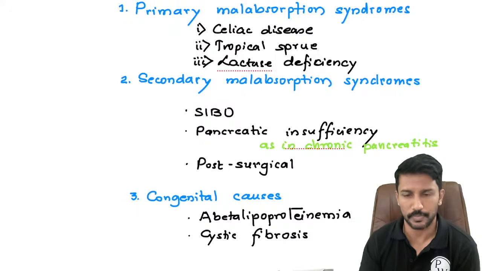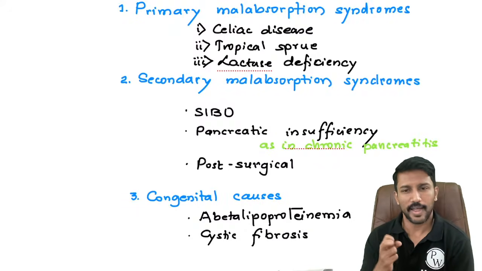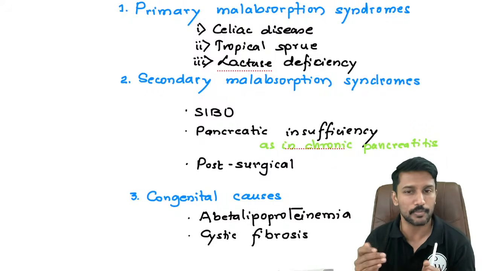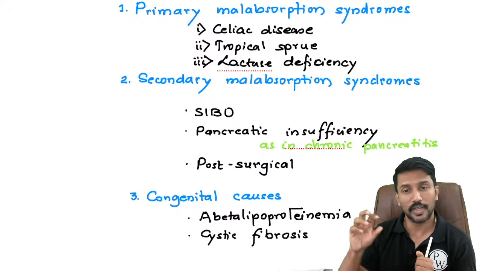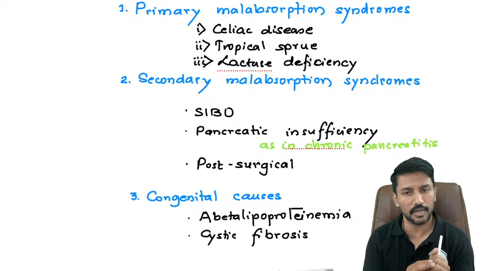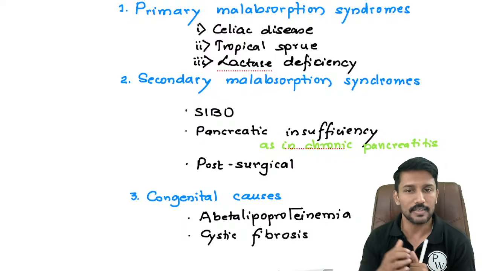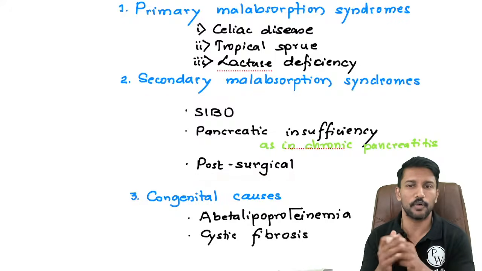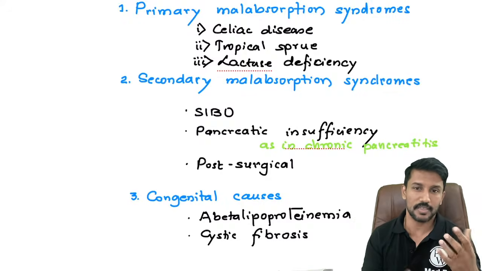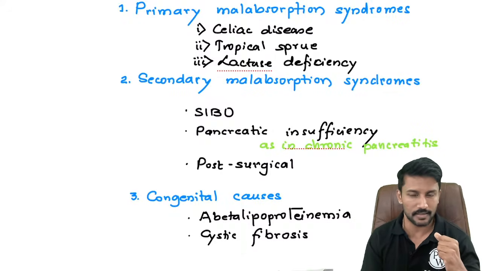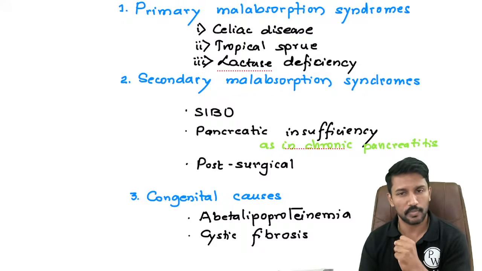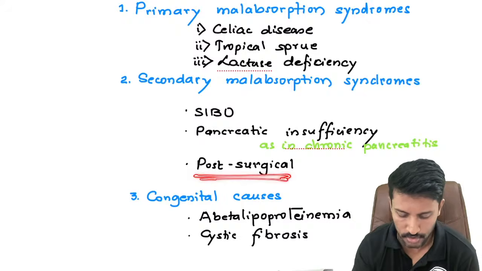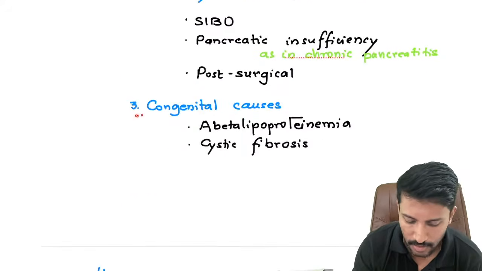Like just to give you an example, the iron absorption largely happens in the duodenum. So if for some reason I have to resect the duodenum, there will not be iron absorption happening. B12 absorption happens in the terminal ileum. So if I resect the terminal ileum, B12 absorption doesn't happen, right? So post-surgical, mainly when the segment of the bowel is resected, be it stomach. If stomach is resected, there is no production of intrinsic factor of Castle. So then B12 will not be absorbed. Same if I resect the terminal ileum, B12 will not be absorbed. So it can also be post-surgical. And then we have certain congenital causes.